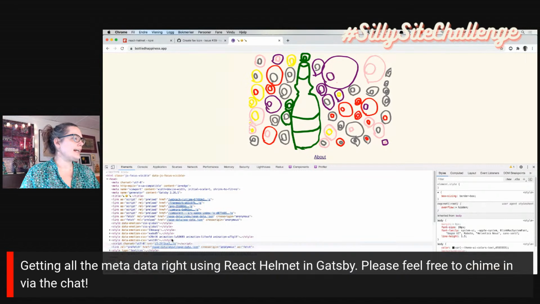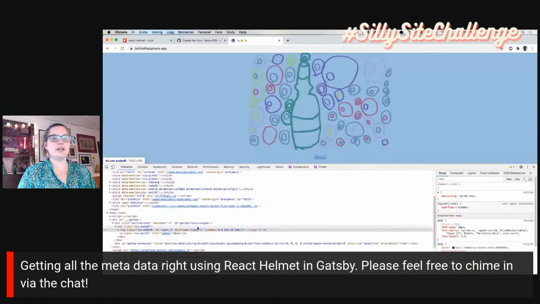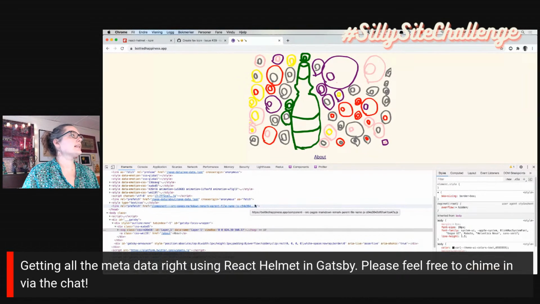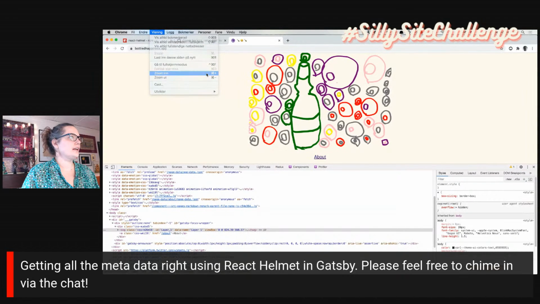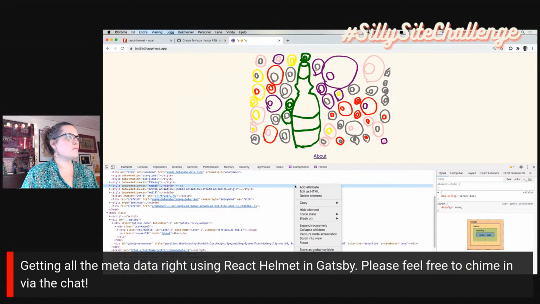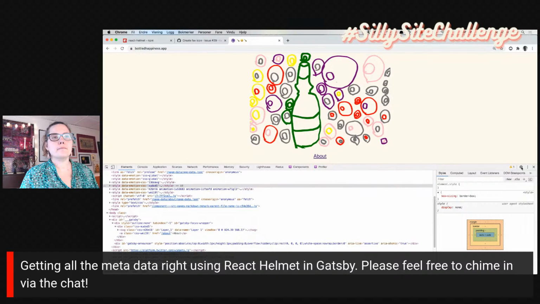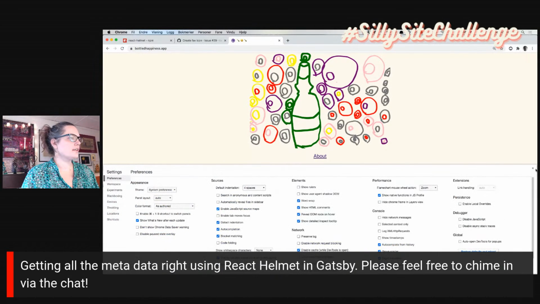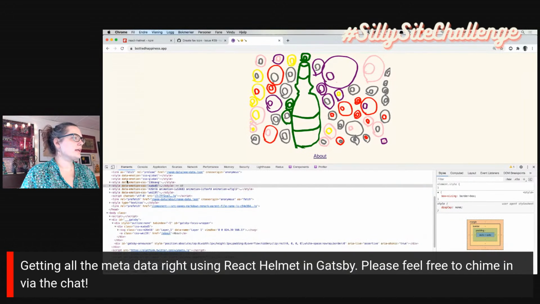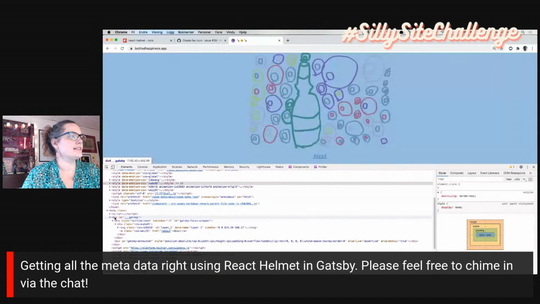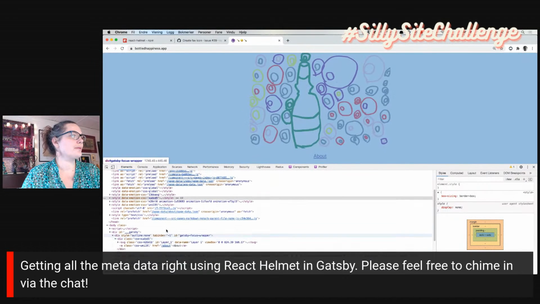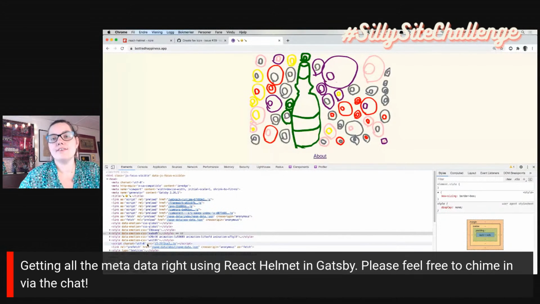So we can see here for Gatsby, what we are actually working with when we're creating Gatsby pages. It's very small. I don't think I can zoom in here, but I guess you can see it a little bit. What we're working with is actually what's inside this div that has ___gatsby. So when we want to change stuff happening up here in the header section of our site,